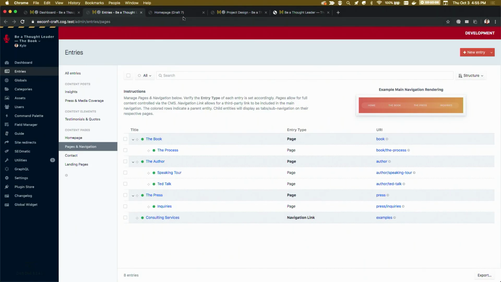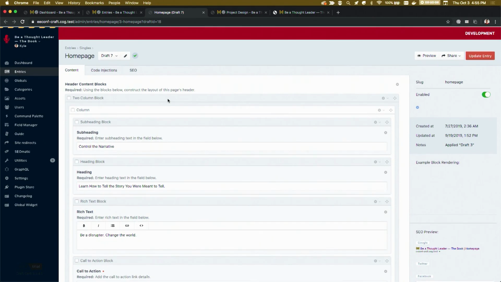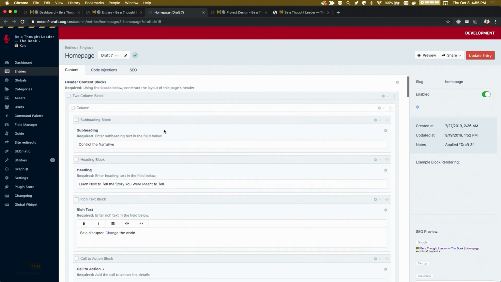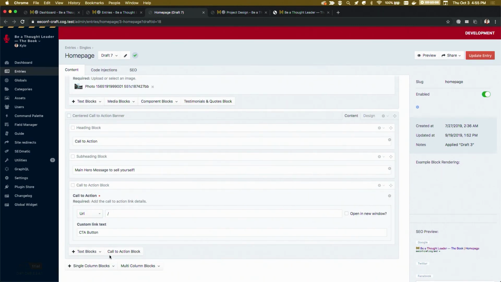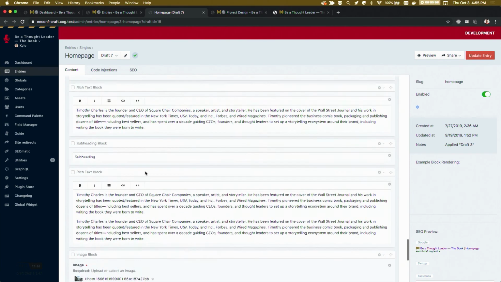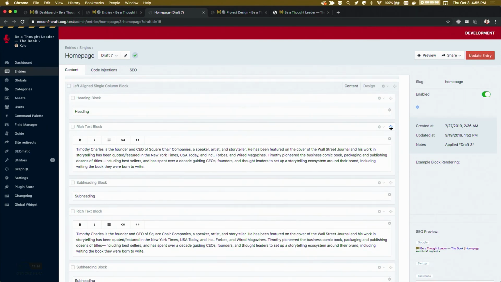Same thing on the Craft side of things. If we're looking at the home page, very similar setup. We have our blocks here where you can add our different block types, so single columns, call to action, multiple columns, and then the client can actually add these things on the fly and reorder them any way they want. So if they want to do rich text and then heading, they can. Not necessarily why they want to, but if they've requested something like that, we can accommodate in the design the different flexible things that they need to be able to pull off.